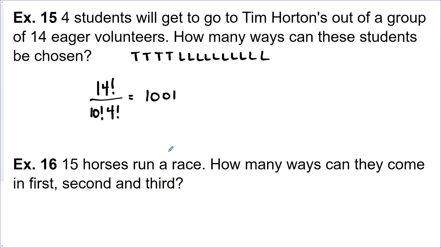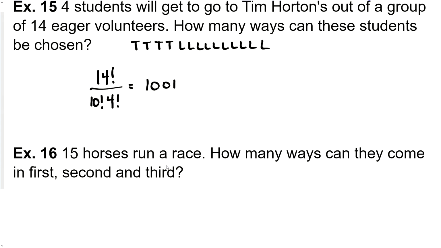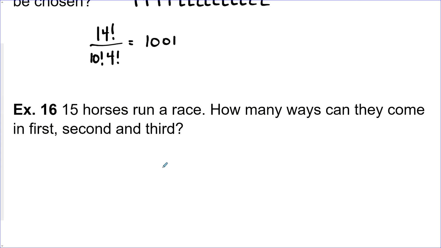15 horses run a race. How many ways can they come in first, second, and third? Now, if they mention these positions, then we're going to have to assume that they're distinct. It doesn't just say the first 3 winners. It says first, second, third. So let's call the first one F, the second one S, and the third one T. And the other 12 horses we're going to call 1, 2, 3, 4, 5, 6, 7, 8, 9, 10, 11,